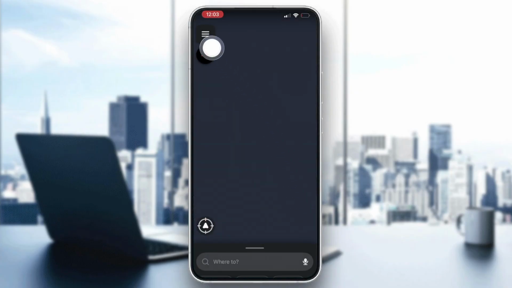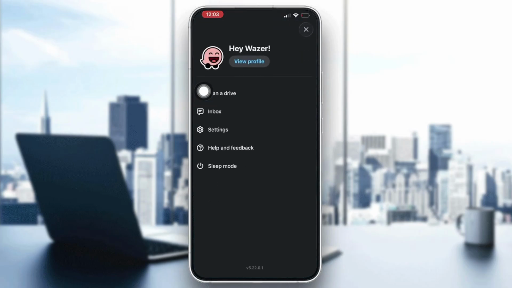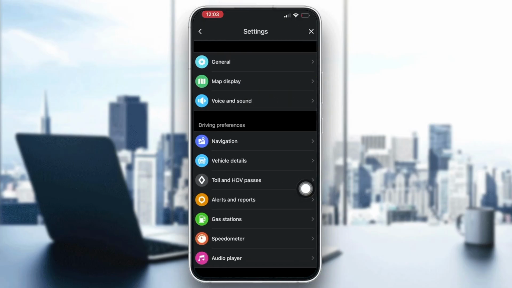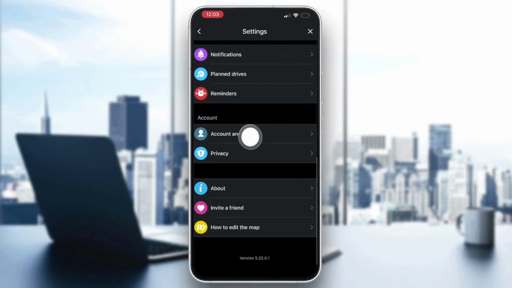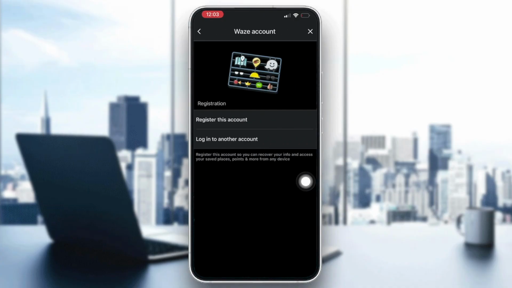lines that's located at the top left corner, and then here you will find an option. It says sign up. If not, just go inside the settings here, and then you will find an option that says sign up or account and log in, as you can see. So just go with account and log in, and then go with log in to an account or register with a new account, right? So once you choose a sign up method, depending on your device and the options shown,